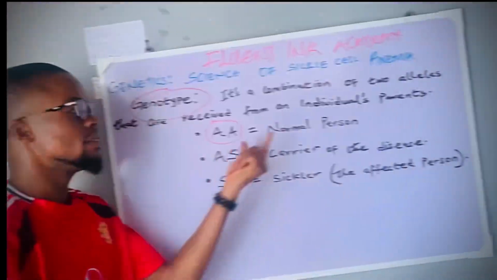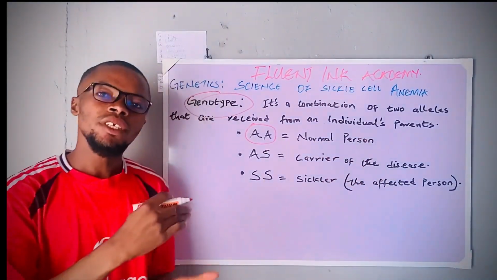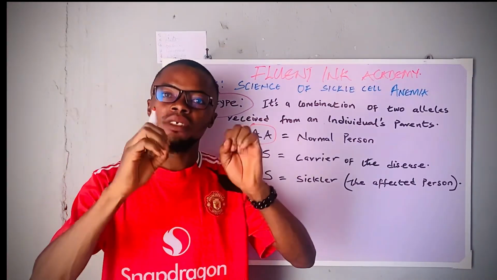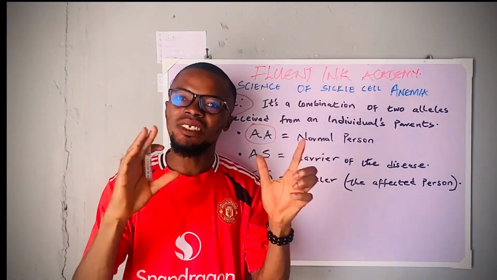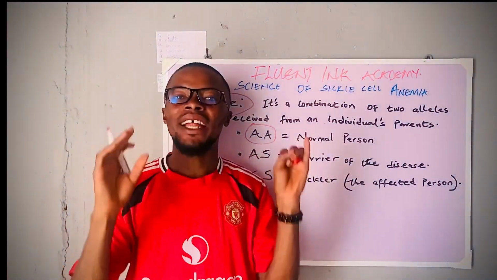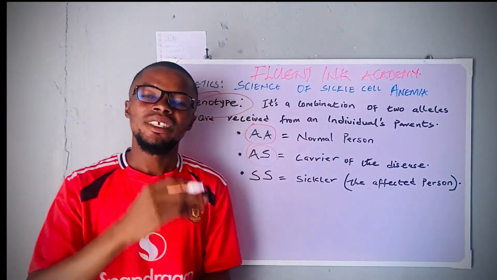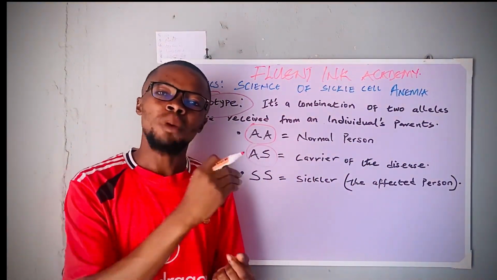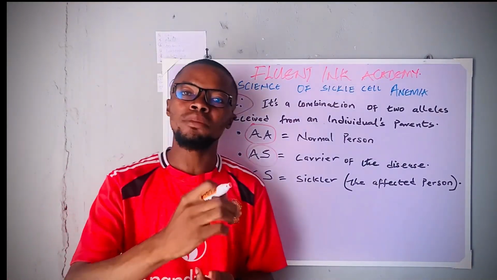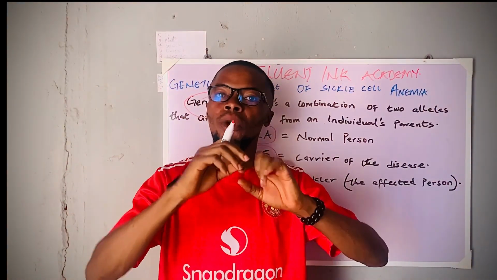AA here is a normal person. That means the person is free of sickle cell anemia. It does not have it. It has nothing to do with sickle cell anemia. AS here is the carrier of the disease. The carrier here implies that this particular individual has the trait of this sickness in him, but it is not